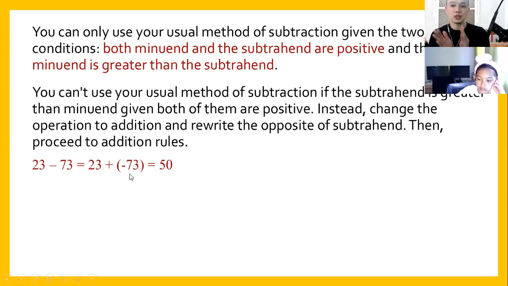Then proceed to addition rules. You have to remember the two rules in addition. If the numbers are of different signs, you will subtract. So 73 minus 23 will yield,